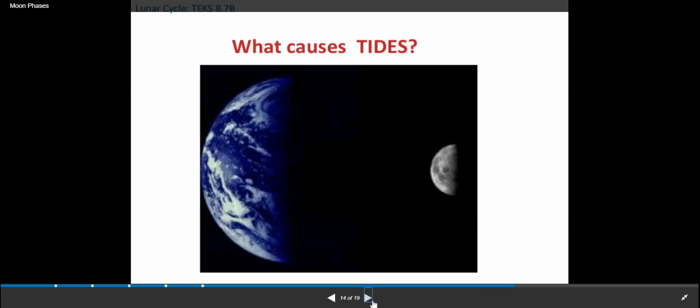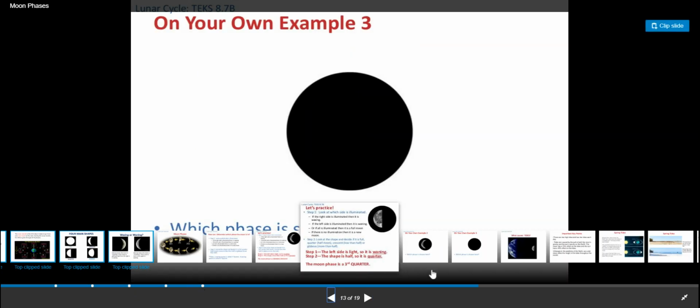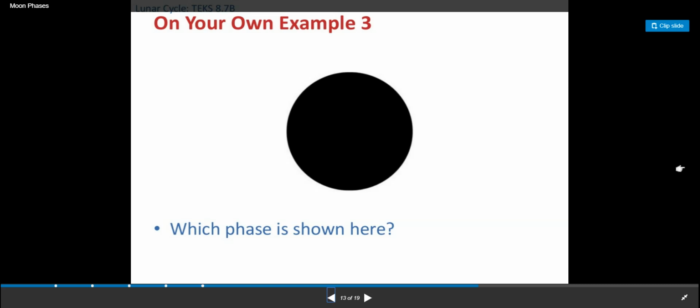And then here's your last one. No, there's not a last one. Okay, guys, so those are the phases of the moon. So now you can go outside